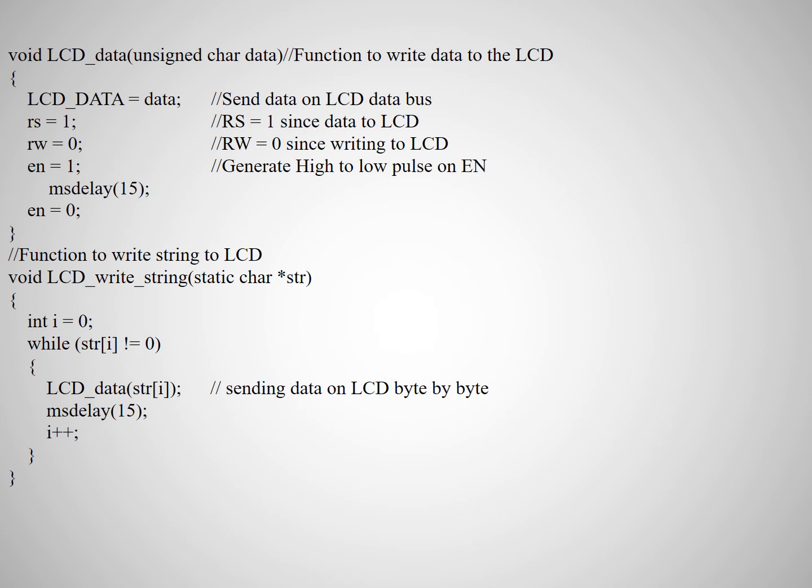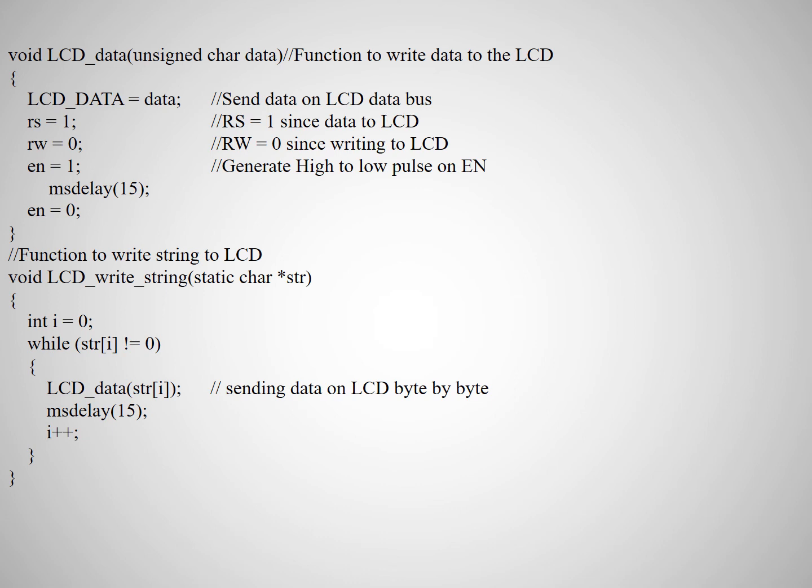a data routine, like BVCOW, the ADC output, whatever output you get, all these are data. So you give that data. At this time, this is data, that's why RS is 1 and RW is 0. As you are writing, the enable pin will go 0 to 1. And you want to write a complete string together, like BVCOW. For ADC you would otherwise give it one character at a time, but you are taking it as a